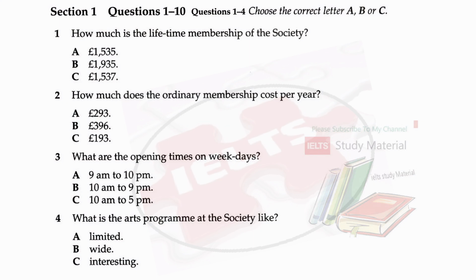You can visit the Society, including the exhibitions, the library, and follow the arts programmes on weekdays during the opening times from 10 a.m. to 9 p.m. and at the weekend between 10 a.m. and 5 p.m. On Saturday, if there's a special event like a lecture or restricted showing of an exhibition, then it opens until 9 p.m. So, what is the difference between this and the lifetime membership? In the long run, you save money as you're making a one-off payment. And you have exclusive use of the lifetime members' room. OK.